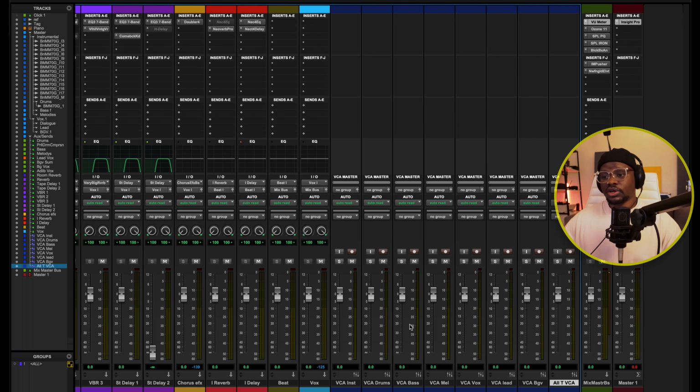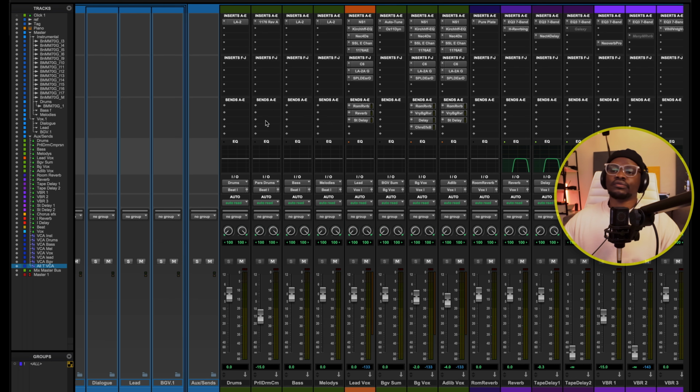Okay. Also, this is very, very cool for when you are doing your deliverables. For example, if I want to export the record once I'm done, all I have to do is just come here and solo, and that's the instrumental. Come here and solo, and that's the acapella. Mute the lead, and that's a performance assist track. Boom, very easy. And provided you've routed all of your sounds in your mix session to all of these buses,